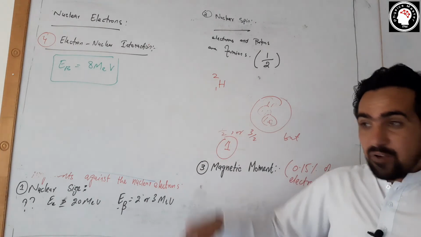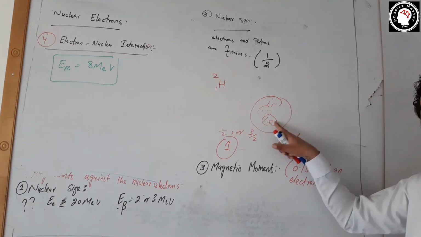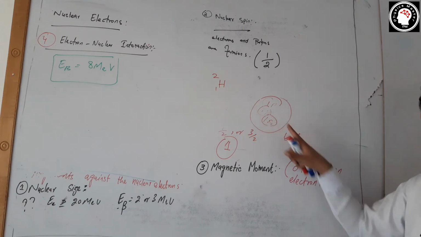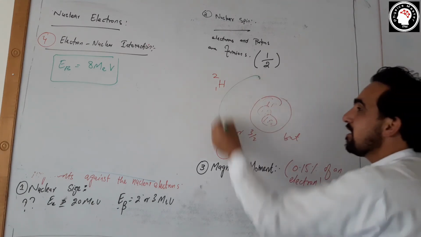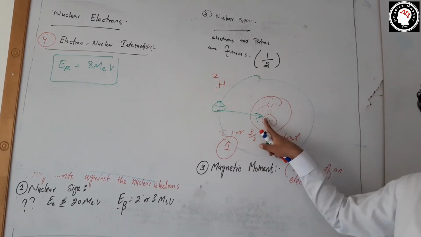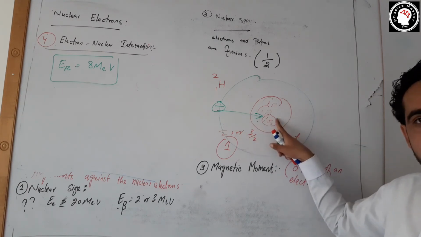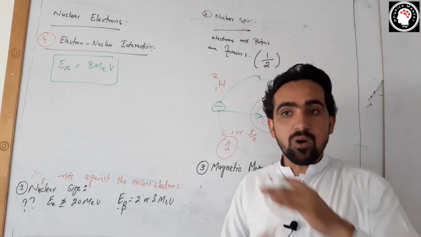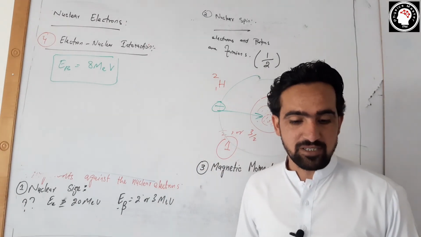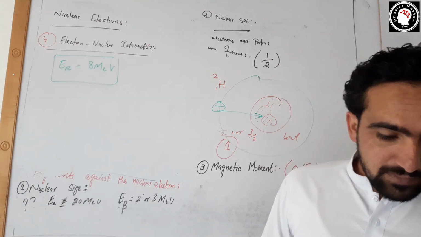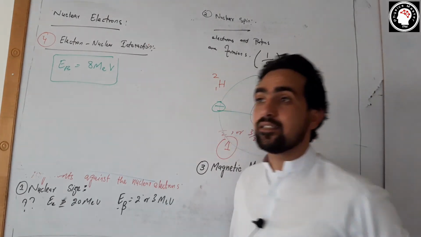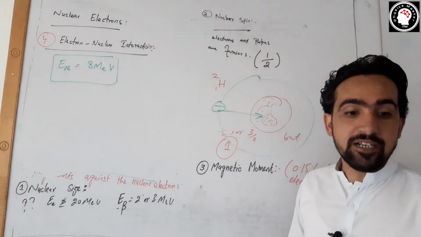If some of the electrons can be bound here together by the energy equal to 8 mega electron volts, then why do some other electrons revolve around the nucleus? Why don't they fall here and be bound to the nuclei of the atom, which will destroy the whole atomic structure, and today's universe, this picture, would not have been possible. So this is another argument against the electron nuclear interaction.